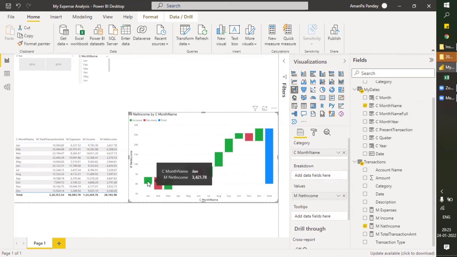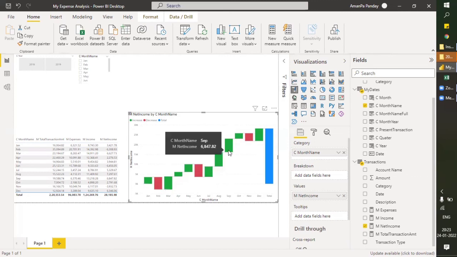There was a positive net income in Jan, then again it fell, and we have a negative one in Feb, then so on. So this is the best way to know the net income so far, month by month, how much income you have every month, and then last the total is there.